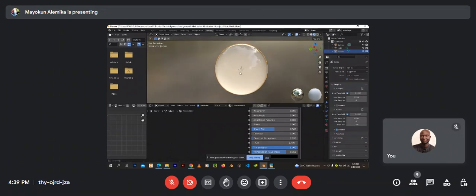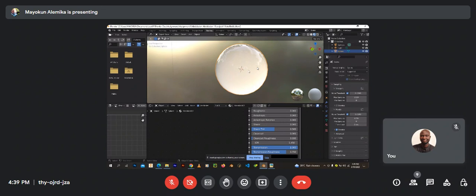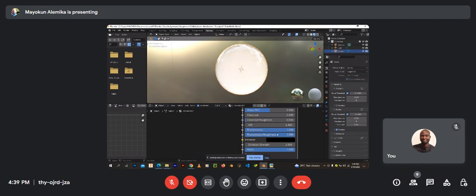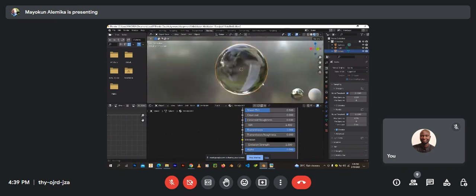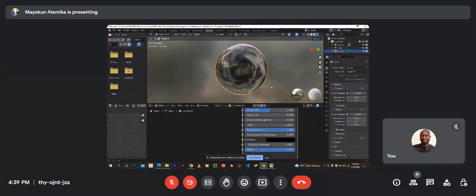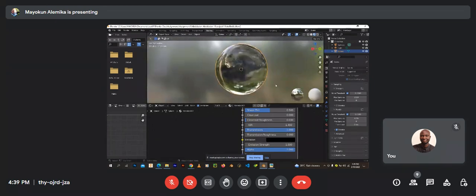somewhat cloudy. Excellent, that's the word. It's becoming somewhat cloudy. So that's what the transmission roughness does. That's its function. So you can tweak this to the level at which you want the object to look. Now you notice that it's looking like a lens object, but what if you wanted this to be very,